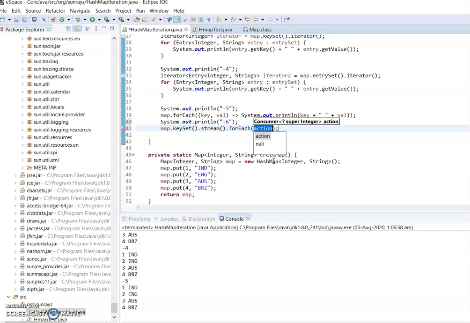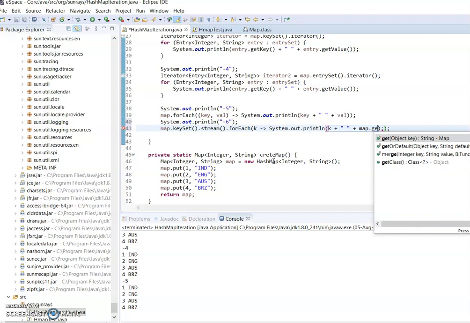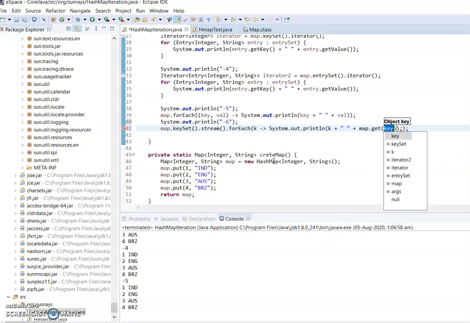Each time I get one key, and from that key we can get the value using the map.get method, passing the key. We don't require this semicolon here in forEach. Yeah, we got this.